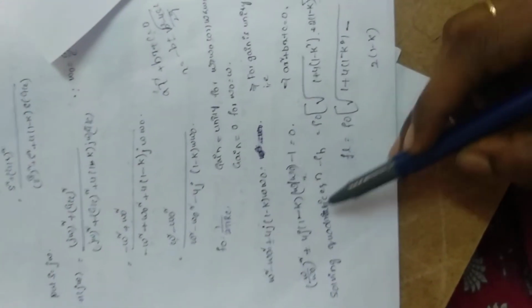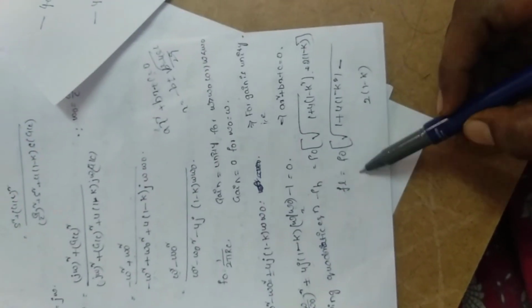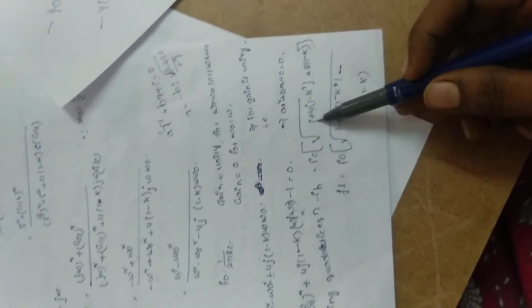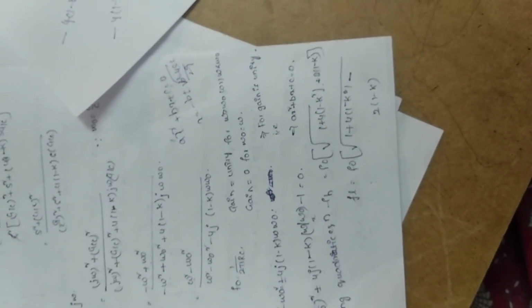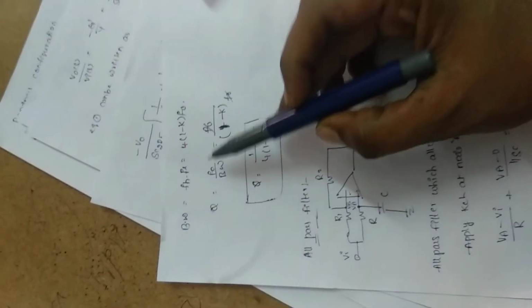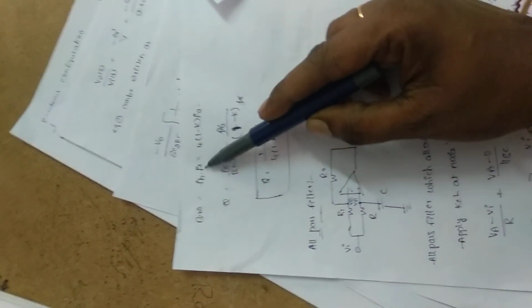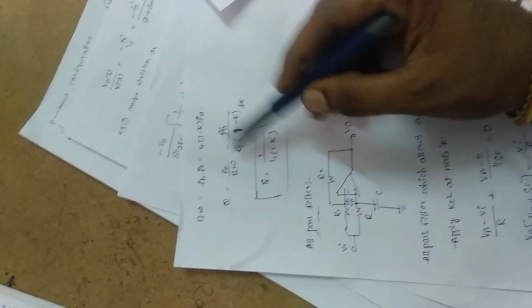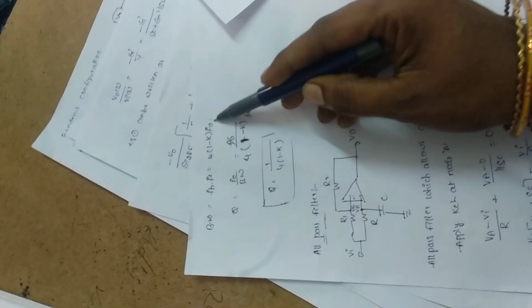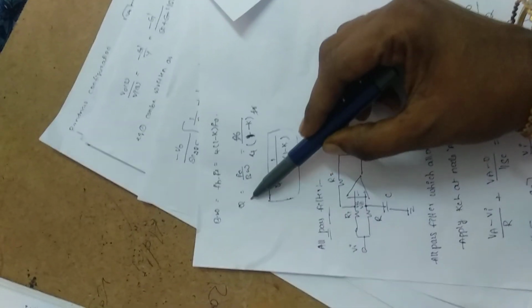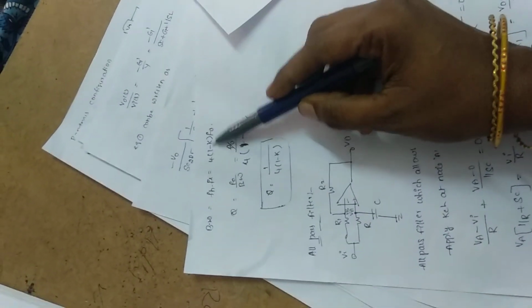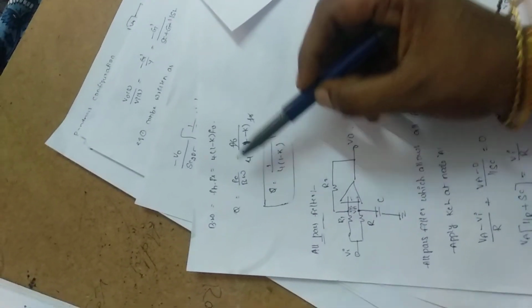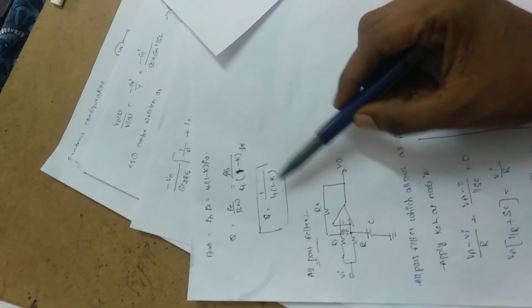By solving this quadratic equation we will get high cutoff frequency and low cutoff frequency. These two are that, one is high cutoff frequency and second one is that low cutoff frequency. Here the bandwidth is equals to formula high cutoff minus low cutoff frequency. Then we'll get 4 into (1 minus K) into F naught. Here the quality factor Q equals to F naught by bandwidth. Here bandwidth is this one and F naught get cancelled. So quality factor is equals to Q equals to 1 by 4 into (1 minus K).